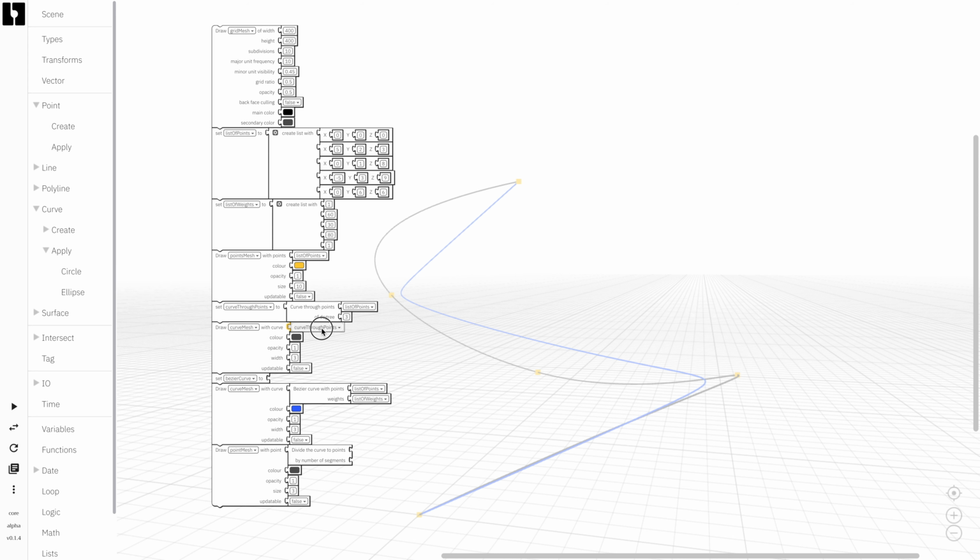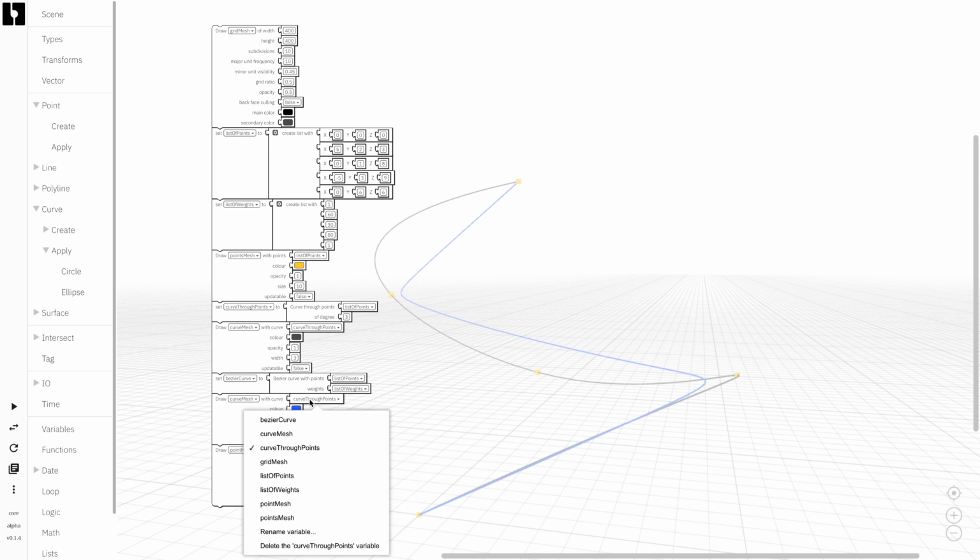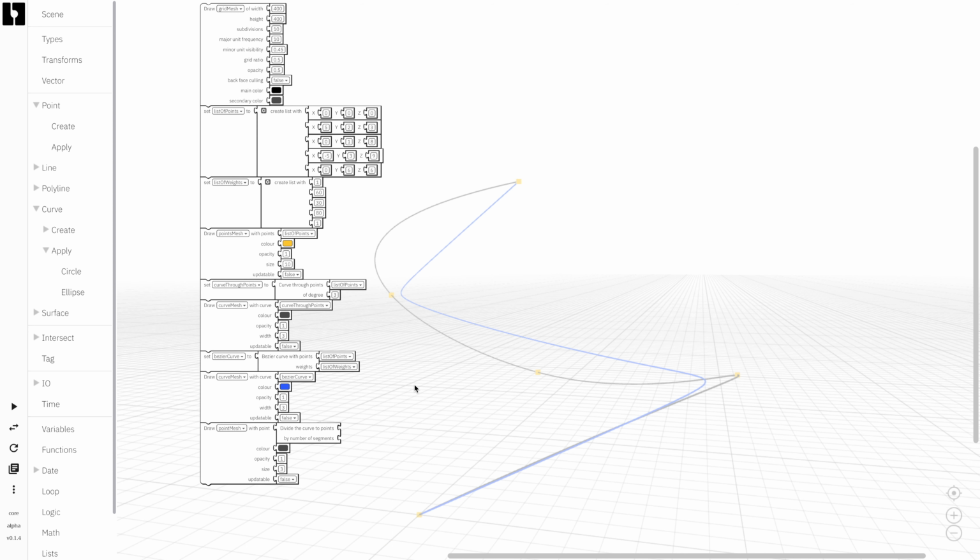So curve through points goes here, and we visualize that, and Bezier curve will be this, and we will use the Bezier variable here like this, and we will now be able to subdivide